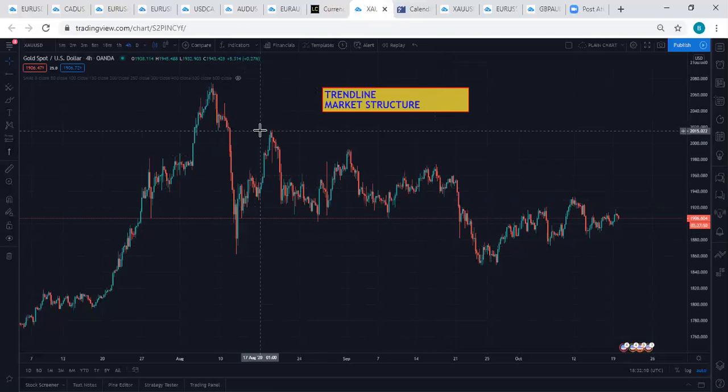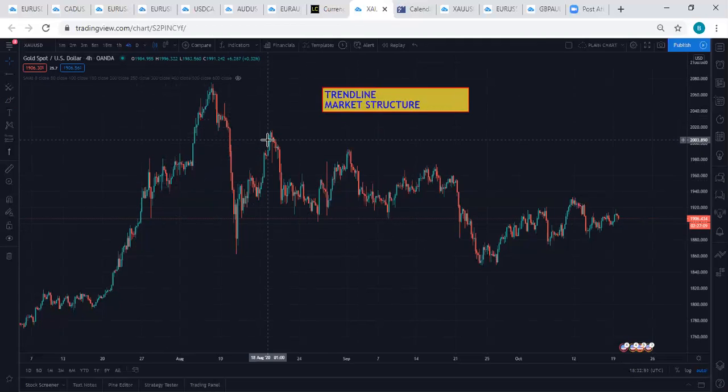Support and resistance are horizontal lines, isn't it? They are just two straight lines that tell you where the ceiling and floor are. Ceiling and floor, that is support and resistance. Now, trend line is a slanted support and resistance. Support and resistance, generally, you know them, they are horizontal. Trend line is a slanted support and resistance.